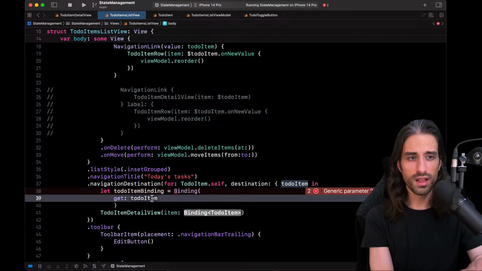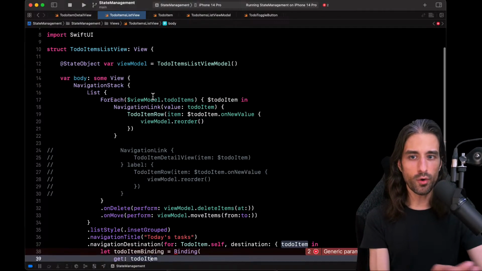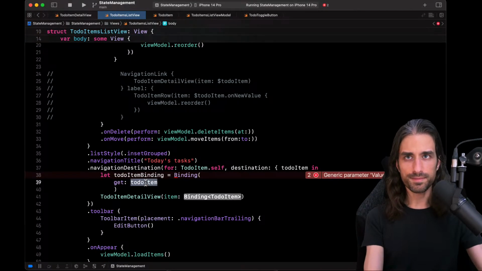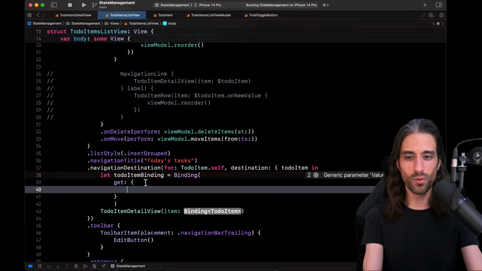We really want to give access to the item inside the array that is stored inside the view model. And the way to do it is going to be, it's not the cleanest one actually.